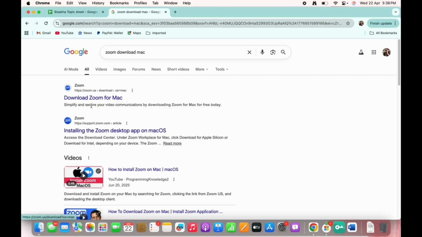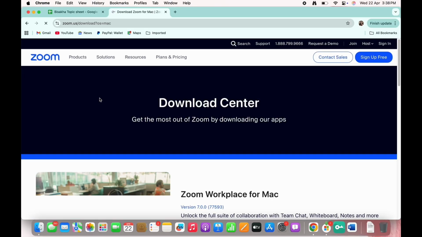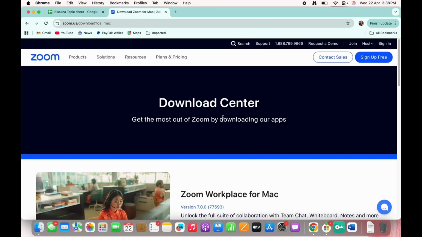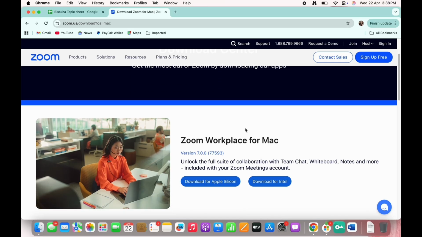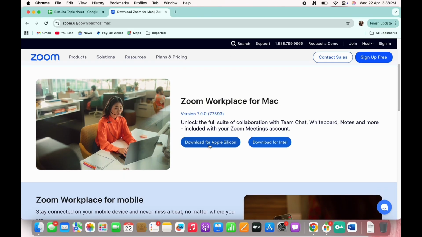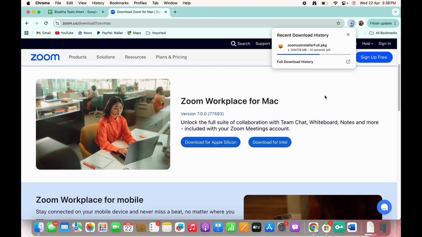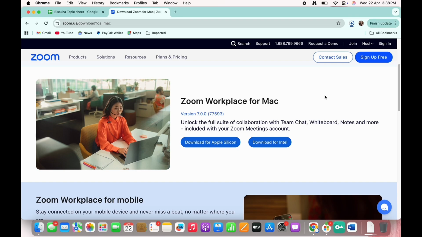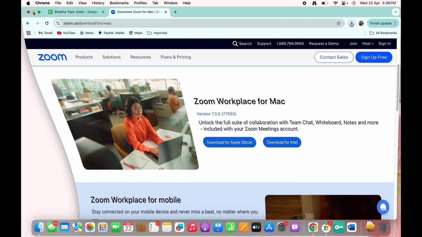So, in the interface that you will be led to, you will see various versions of download available for Mac or Windows, etc. Simply tap on your version of PC or laptop and you will then see the option for download. So tap on the download option you see there and wait for the download to complete. And once the download is completed, go ahead and open the downloads folder on your Mac and you will see